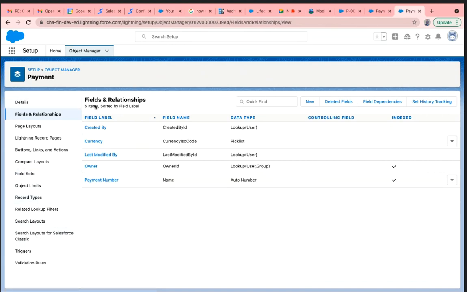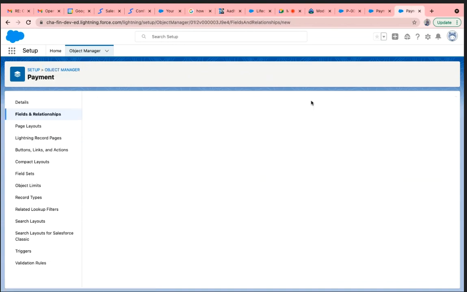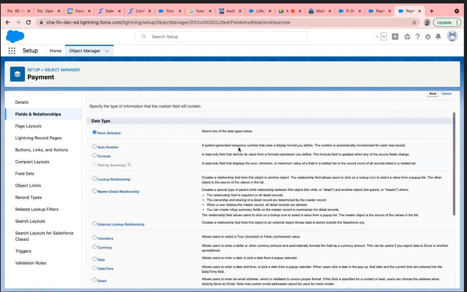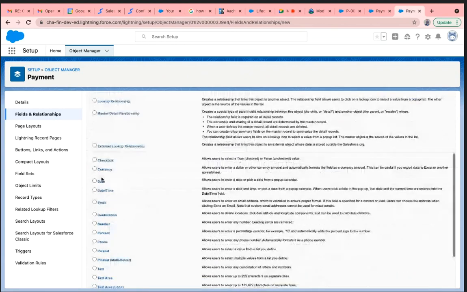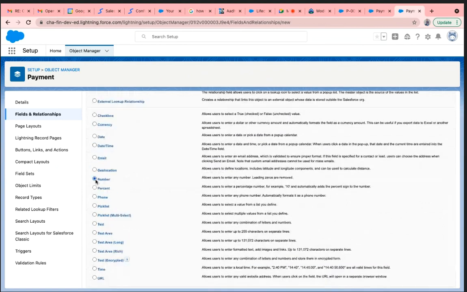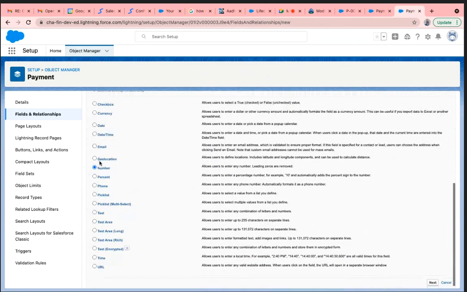This is the object detail page where you can see fields and relationships. Now we want to create a number or currency or amount. I can choose currency, I can choose number, anything. You can choose only one among those, anyone you can choose.